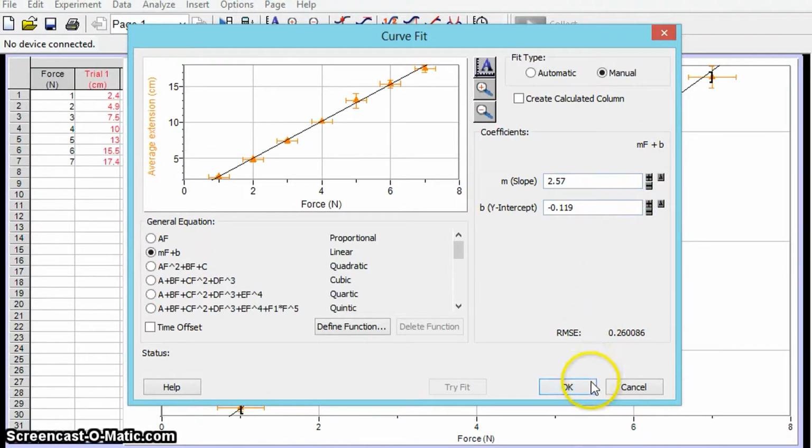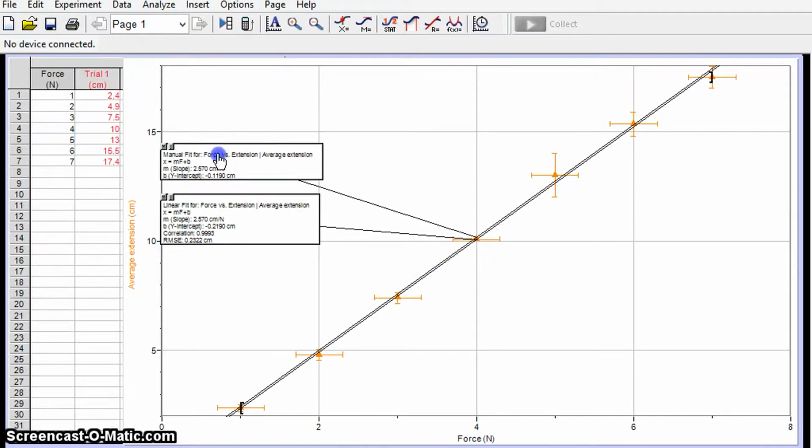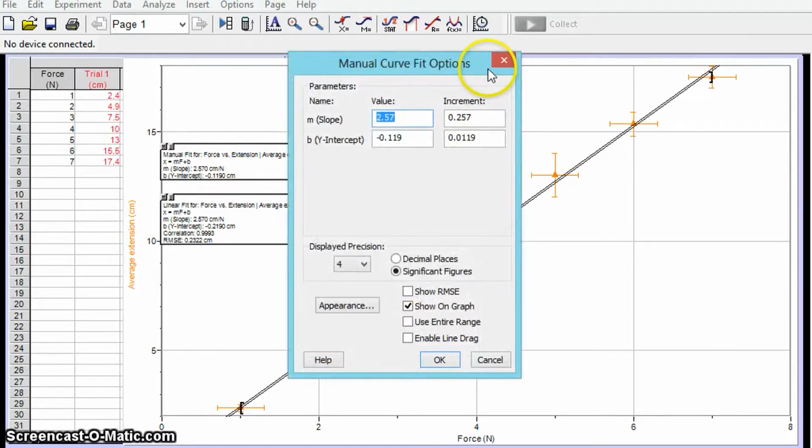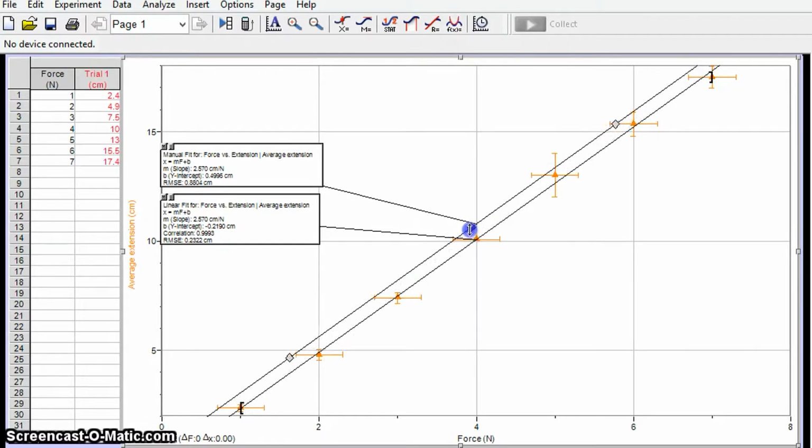So I've checked Manual, and I'm going to hit OK, and I can see I've now got my manual fit here. If I go ahead and double click on that information box, I get an option box that pops up. The bottom option there says enable line drag. I'm going to check that, hit OK, and what I see happen is three little buttons appearing on the trend line. The center button allows me to move the line up and down without changing its slope,